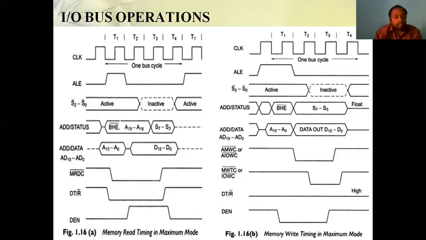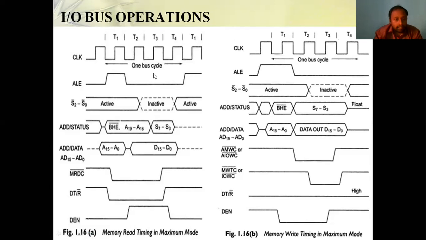Generally, this particular diagram is the memory read operation. Whatever this bus diagram shows is regarding the memory read operation. Memory read means you should go with the reception, so at that time this particular pin should be low. The memory read bar means this should be low. When ALE gets low, that means you are ready to take the data. So ALE low means the data enable pin that we have is high.